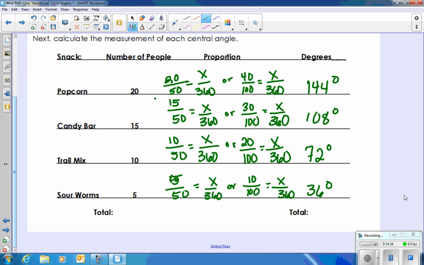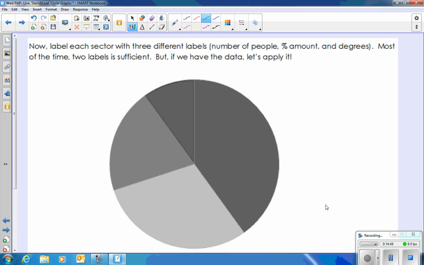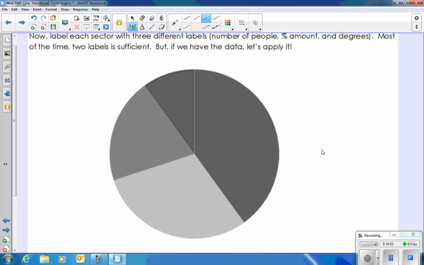If you add up all these degrees, 144, 108, 72, and 36, they total 360. That should make sense because this is the total degrees in a circle. And of course, these add up to 50. So once we know those degrees, we're going to label each of these sectors with 3 different labels. Number of people, percent amount, and degrees. So the smallest section was sour worms